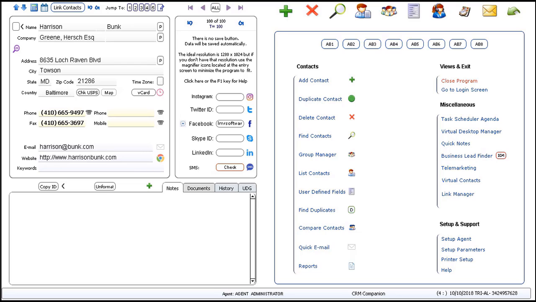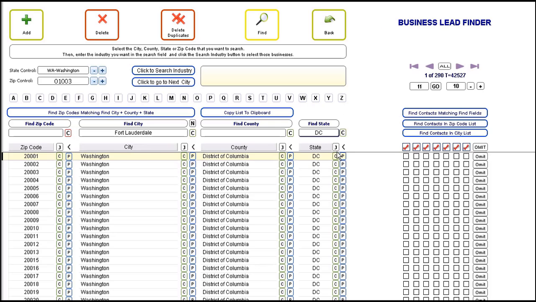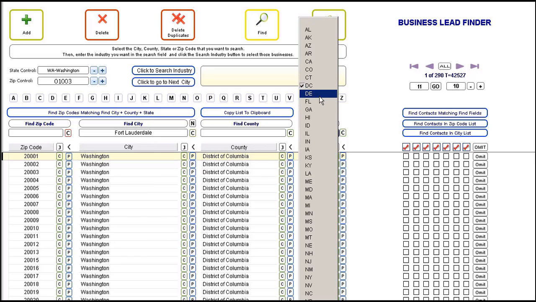How to use the Business Lead Finder. Business Lead Finder is a nice area where you can find affiliate prospects and even clients with this. You click here, Business Lead Finder, you select a state,